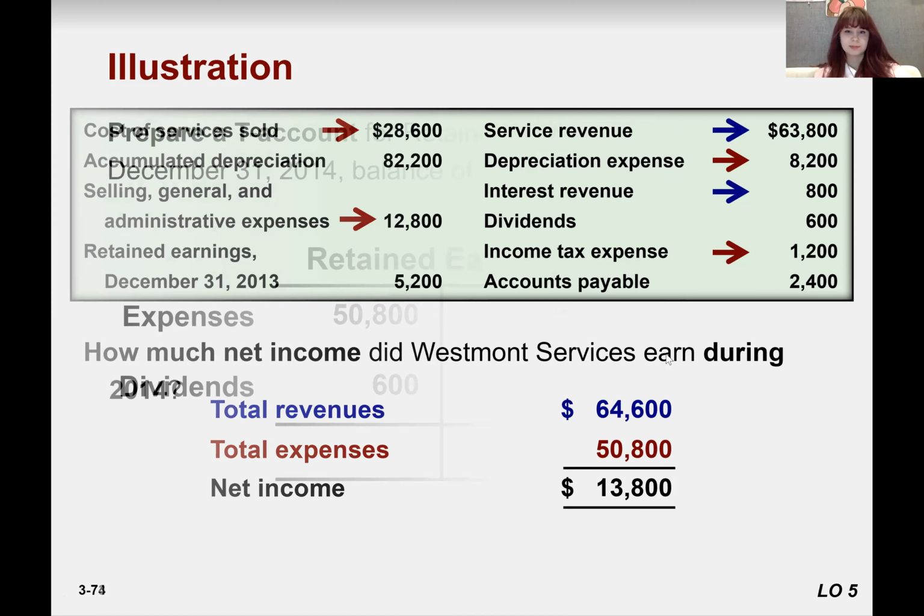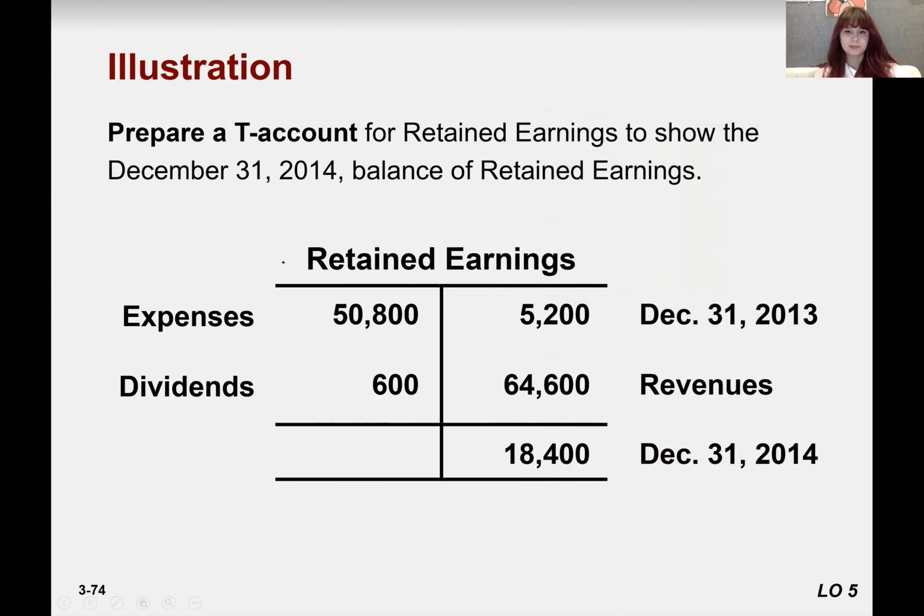So if we close all the entries and post them into retained earning, it would look like this one. We have expenses, we have the retained earning balance here, we have revenues, we have dividend here. So this is the closing balance of